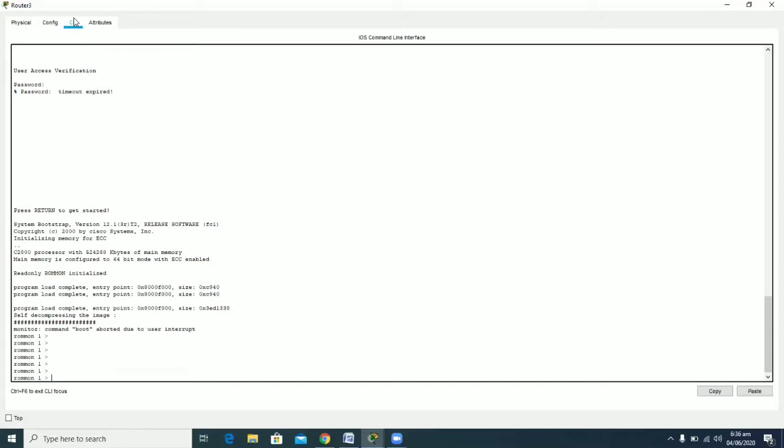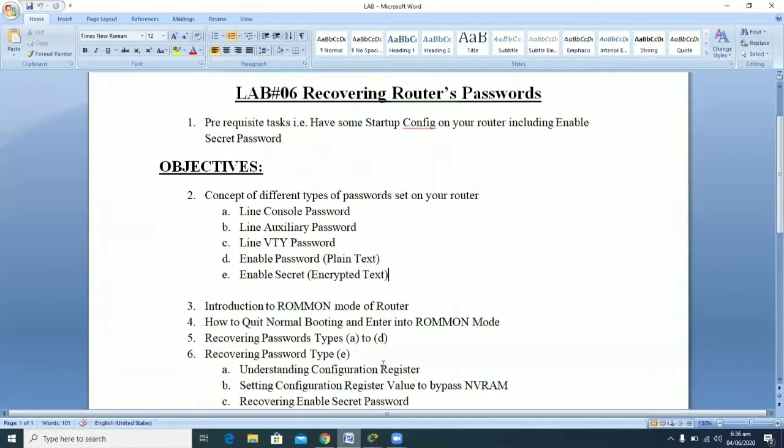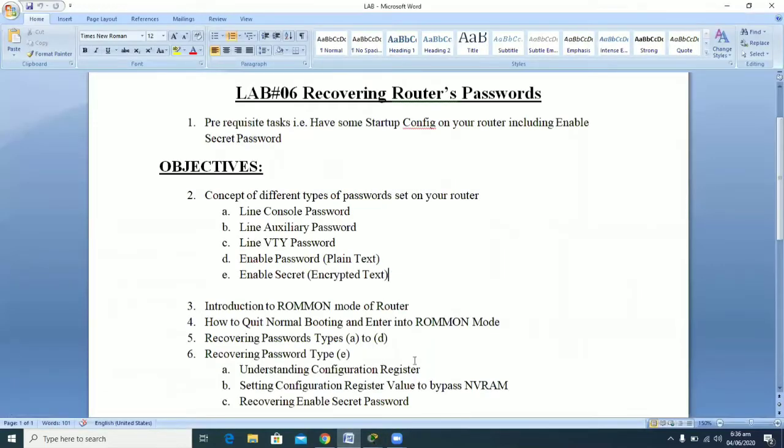So what you have to do is to have an idea here of the configuration register. One thing I want to tell you about the configuration register is that it is a virtual register, or a logical register, having a 16-bit value. This configuration register value is normally set to 2102 hex. So the 2102 value will now be changed by me.